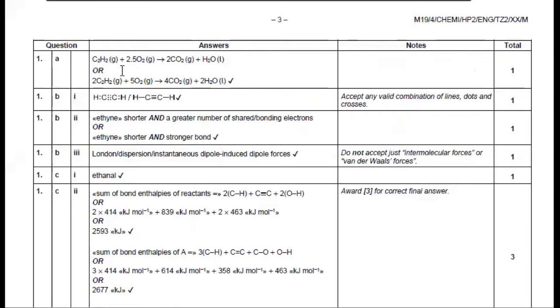See, this is the marking scheme. Here they have taken it as 5 by 2. Instead of 5 by 2, it is put as 2.5. And here this is after multiplying throughout by 2. So that's how they are getting the same equation that we have got. So let's move on to the next question.